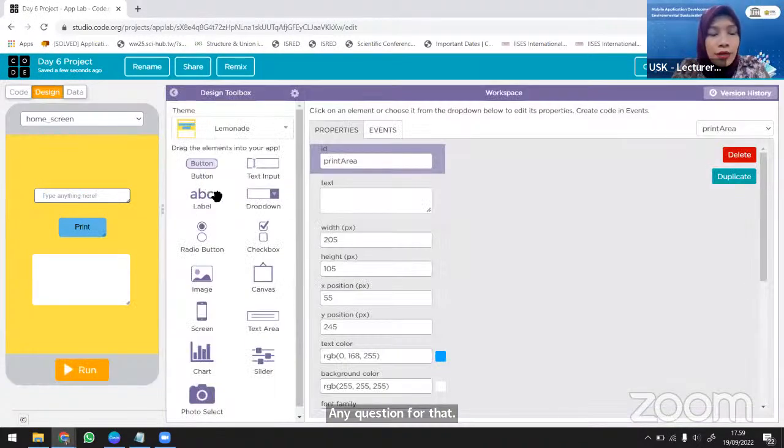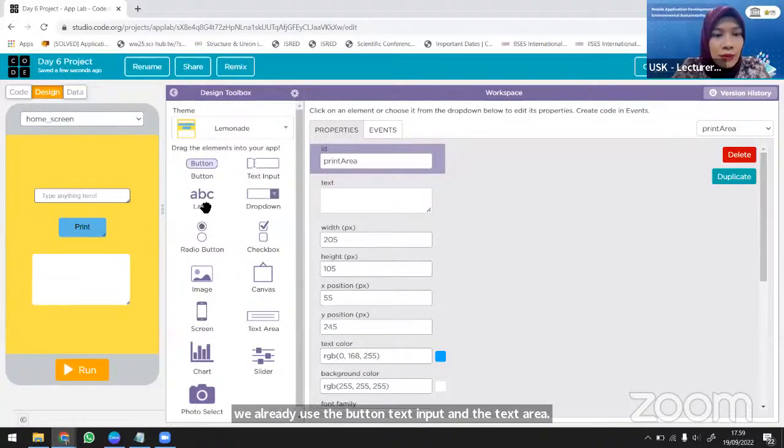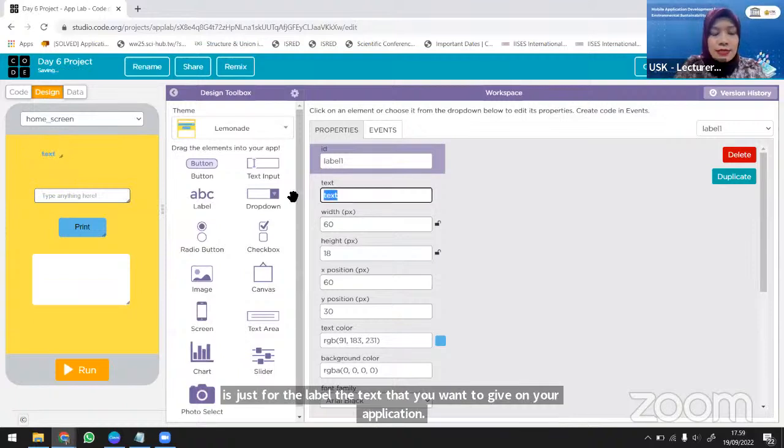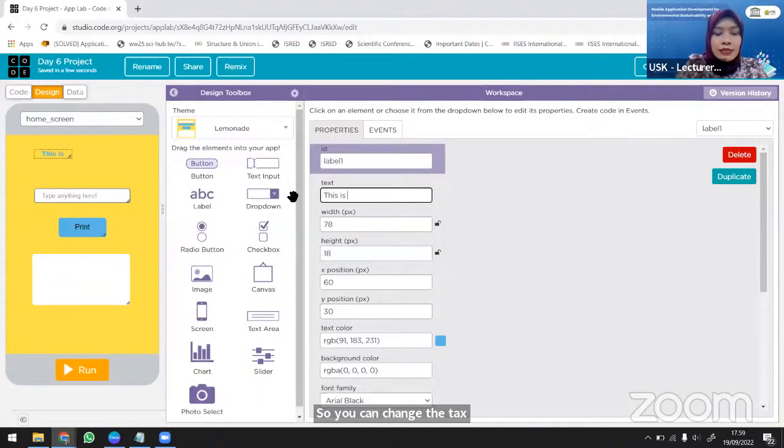So we already used the button, text input, and the text area. So let's say we want to choose the label. This is just for the label, the text that you want to give on your application. So you can change the text. This is our first